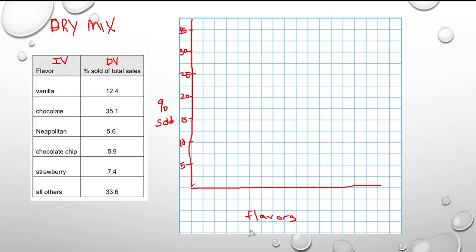Okay. And then I need a title, so my title could be flavor of ice cream. It's really hard writing out the amount of ice cream, so I'll just do IC for ice cream versus percent sold. Something like that, okay? And then I have my flavors. I'm just going to abbreviate because it's hard to do this with a mouse. So I'm going to have vanilla, chocolate, Napoleon, chocolate chip, and strawberry, and then the